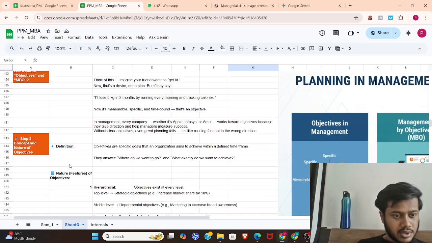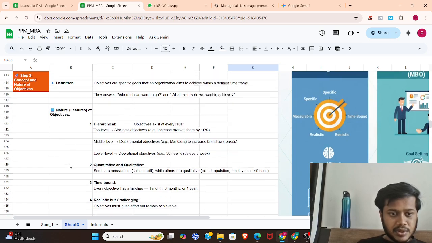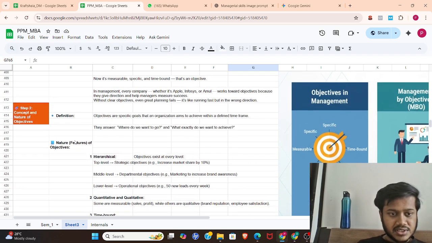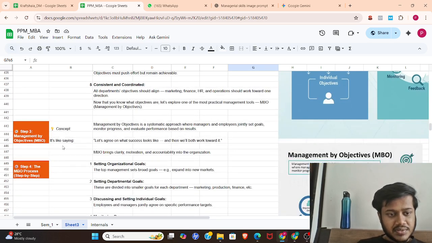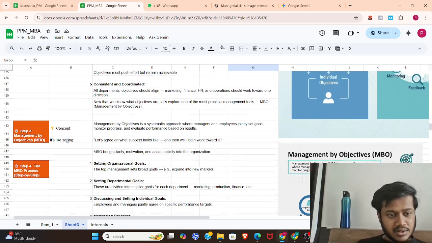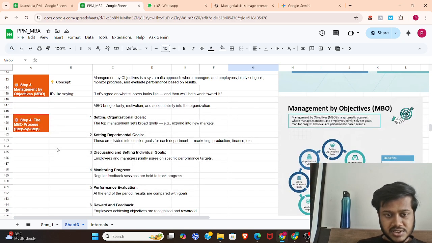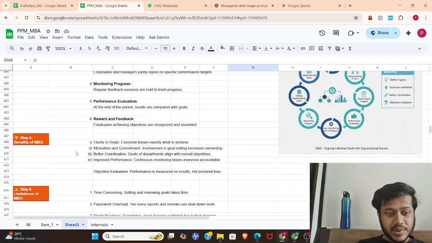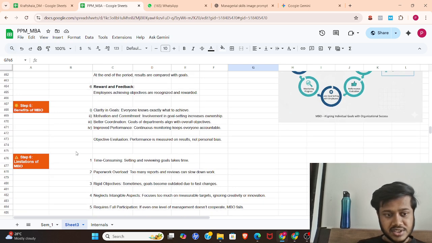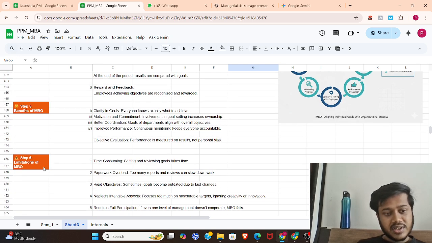So let's deep dive into it. First of all its definition, then its features. After the features, we talk about the MBO process, like there are top 6 steps here, and how it benefits the organization or a firm,